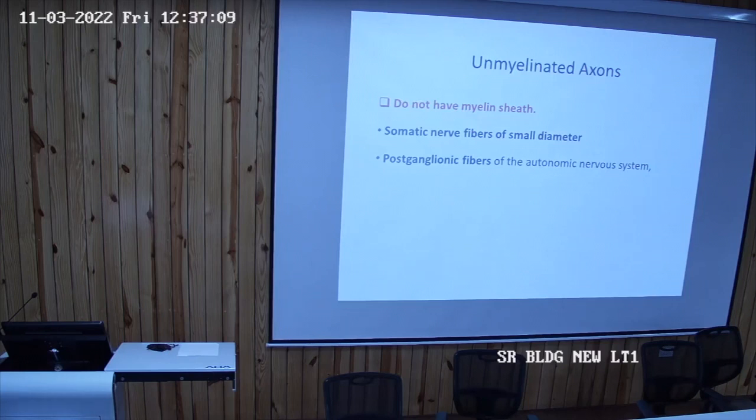Also, as just mentioned, the preganglionic autonomic nerve fibers are mostly myelinated. The postganglionic fibers are mostly unmyelinated, with some exceptions. Also in the dorsal nerve root, going toward the spinal cord. Then the fibers in invertebrate animals are usually unmyelinated. Obviously the speed of conduction will be somewhat lower.